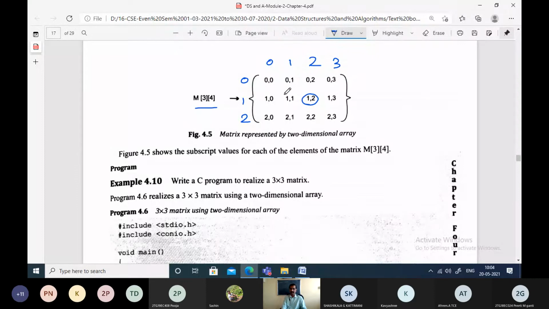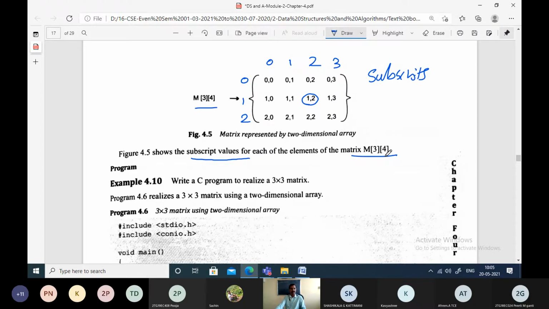We have represented only subscripts here, not the actual elements, but there will be actual elements during real-time implementation. These are the subscript values for each element in the matrix of 3 rows and 4 columns.